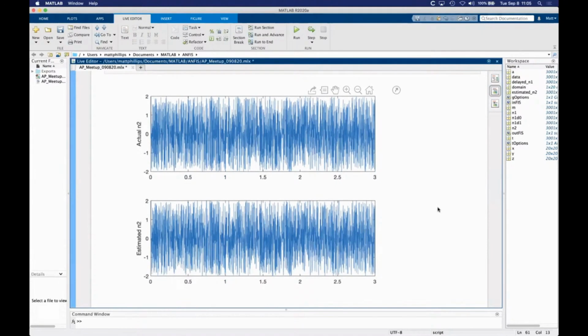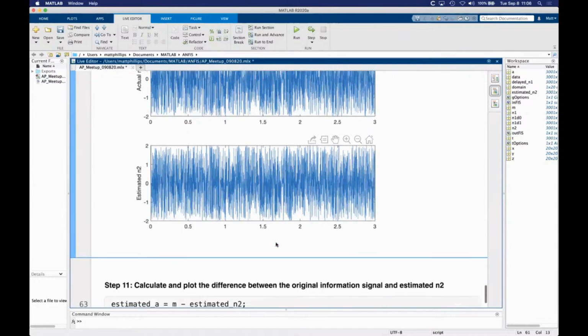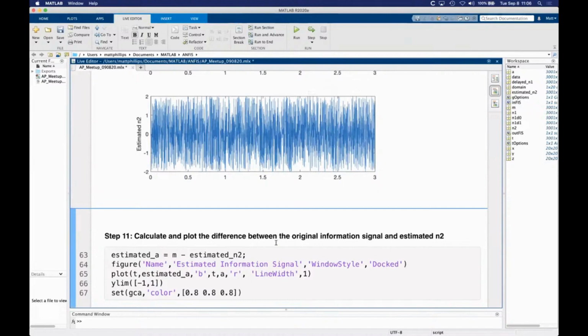So on the top, we have that actual N2 noise signal that we generated, and underneath is the estimated N2. So this is what the FuzzyLogic inference system block has calculated or estimated that the nonlinear relationship will be. And that's much easier to see when we go to our final step, which is plotting the original data signal, the one that we defined, the sine wave, against what our FuzzyLogic system has estimated to be the case. So when we run this section,